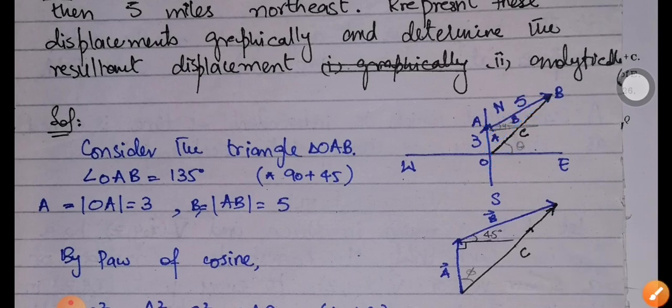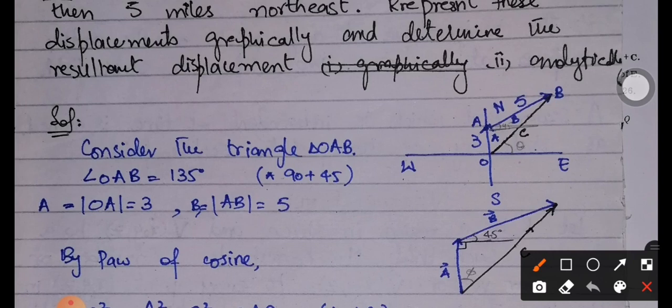As far as the angle is concerned, we know the angle opposite to the side C, as this angle is 90 degrees and this angle is 45 degrees. So the total angle is going to be 135 degrees. 90 plus 45 is 135 degrees. So here is my information about the triangle. Now we will find the angle phi, so that we may find the angle theta by subtracting phi from 180 degrees, and we can easily determine the direction of the vector C as well.